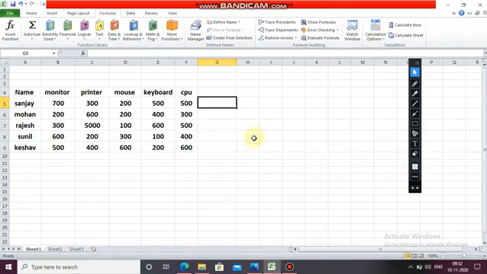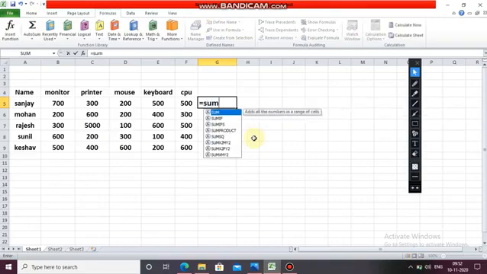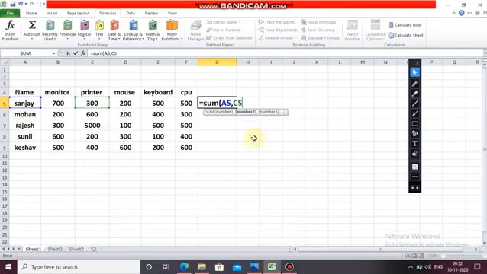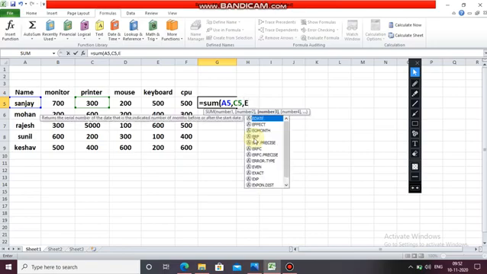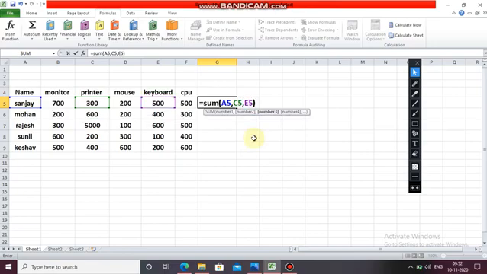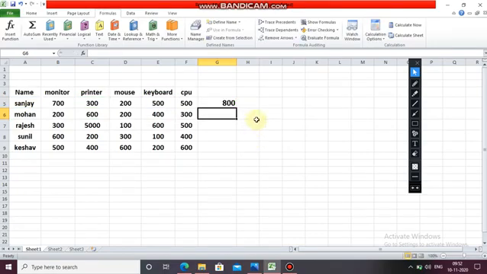Now here in the cell, what we will write: equals to SUM, bracket, A5 comma, next one C5 comma, next one E5, bracket close, enter. 800. Is this correct or not? Let's see.